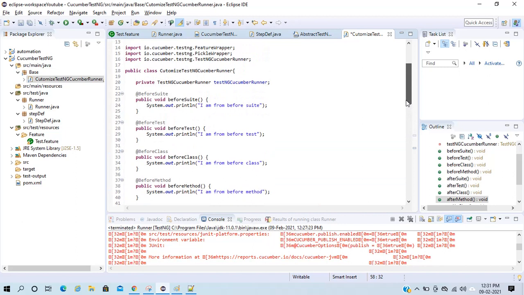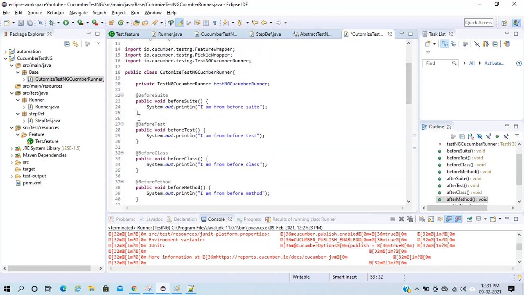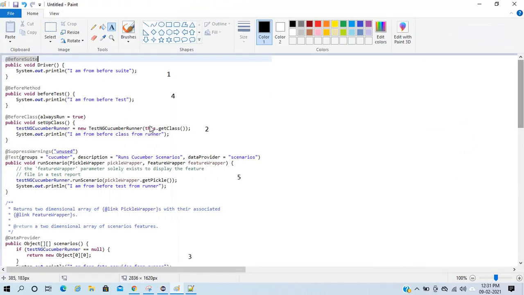So if you don't know the execution sequence of a testng annotation, I will give you a brief idea here.